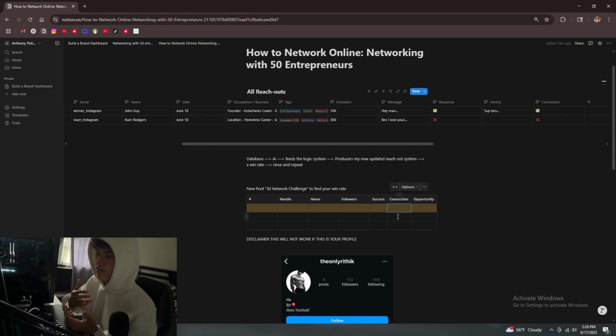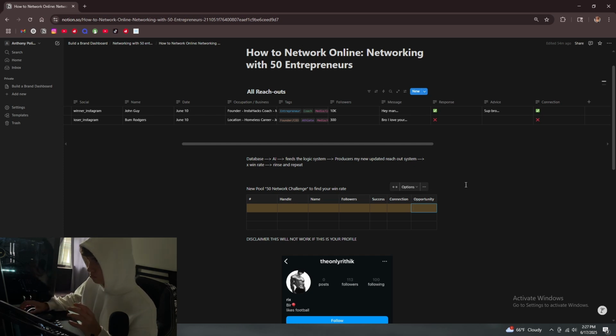It's just I kind of have this texting relationship with this person. An opportunity is a big one. It's what we're looking for here. Opportunity is anytime someone says that they could provide their service for you, they want to invite you to something, they actually want to work with you, etc. Any type of sale, whatever it is, something that prompts an action, that's opportunity, and that's what we're looking for here.